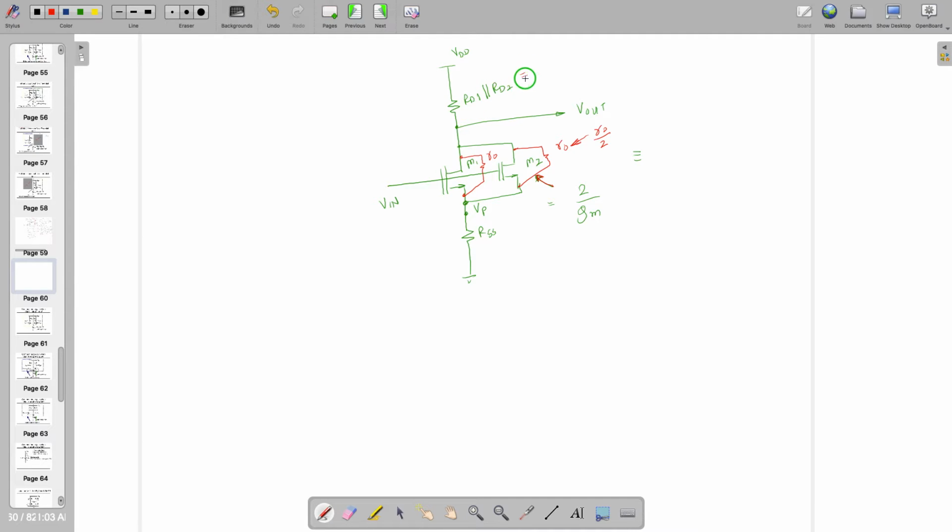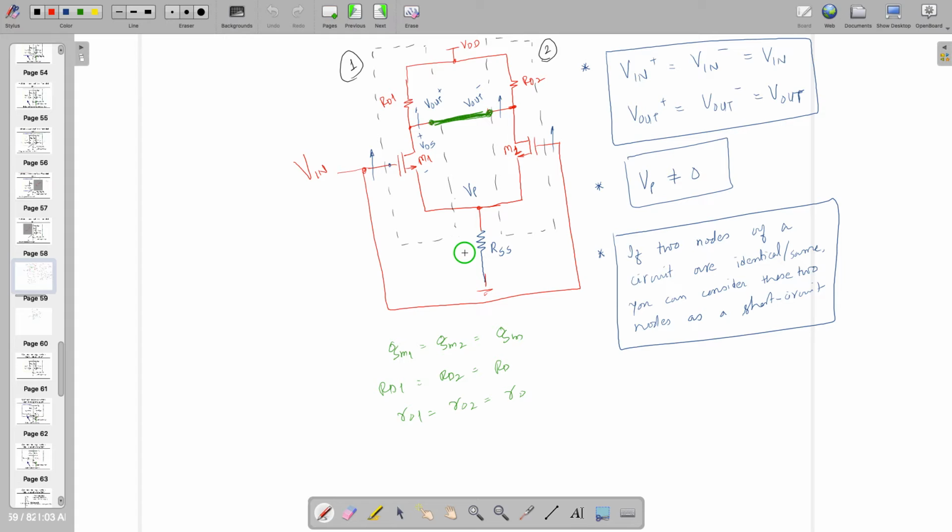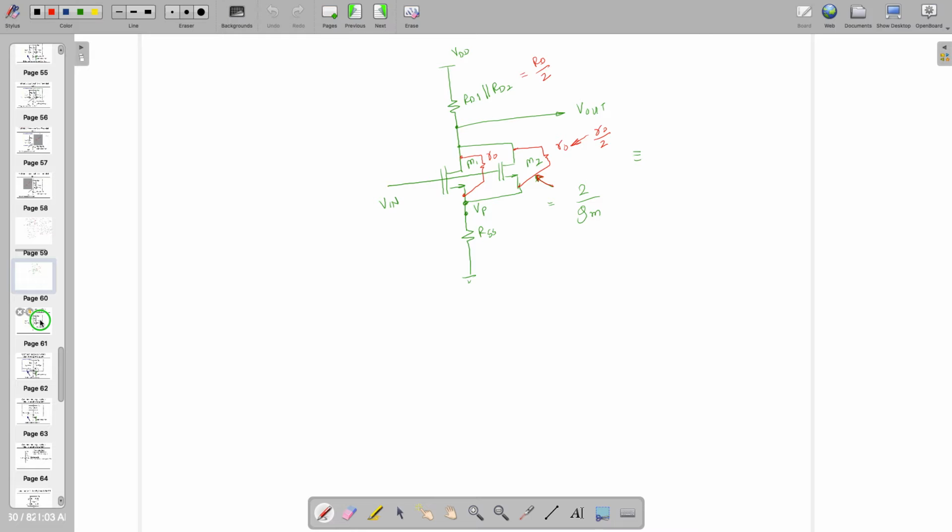Here RD1 and RD2 are exactly identical, and if they are equal to RD, then this becomes RD by 2. However, RSS is not going to change, as it is already common to both places. So we have done this one only. In that case, if I am asking you to find Vout by Vin, which is the common mode gain,